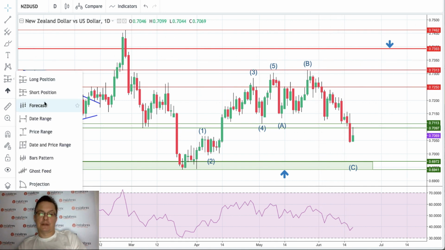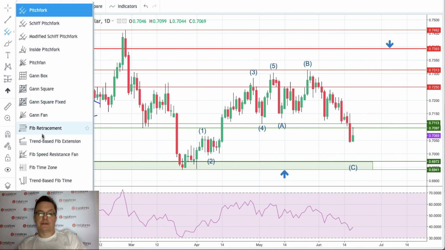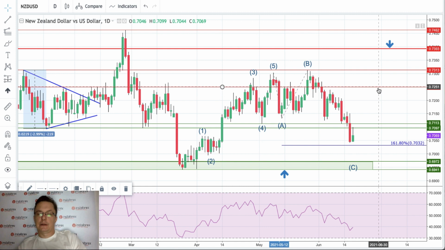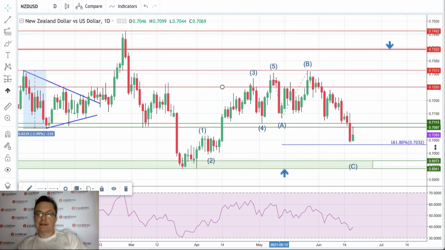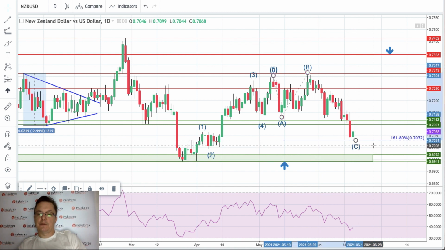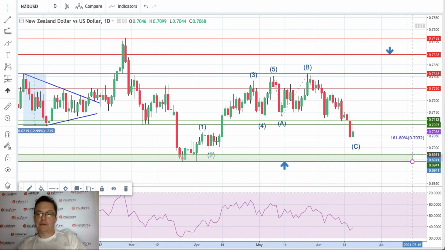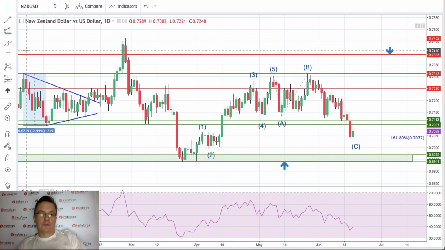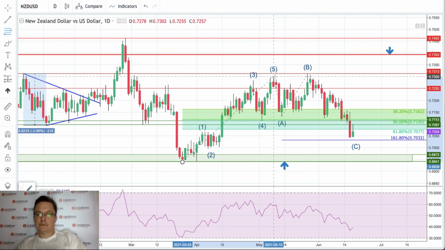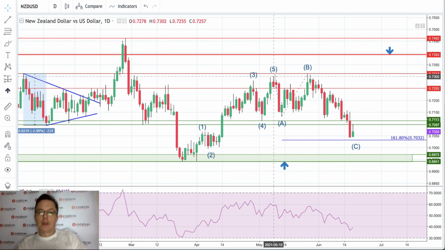Let's take a look at the Fibonacci projections to see what is going on with the recent decline to the downside. We are about to hit 161%, which is at 7,032 pips, and this is a very nice target level for the wave C of the overall correction. Please notice that when we use one more Fibonacci retracement level, let's say from here to here, we can see that this would be way below 61%. So it's not that important, but anyway, this wave C is about to hit